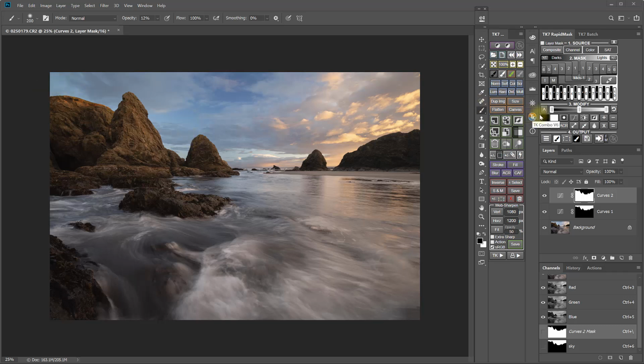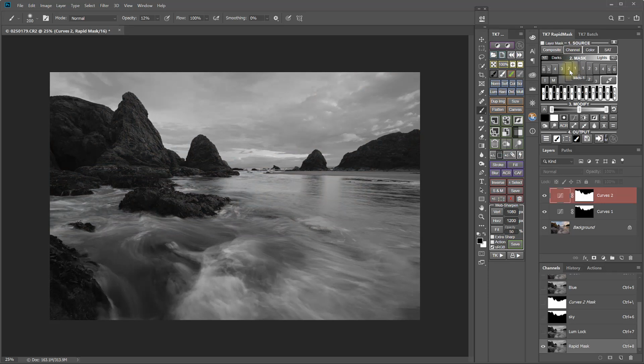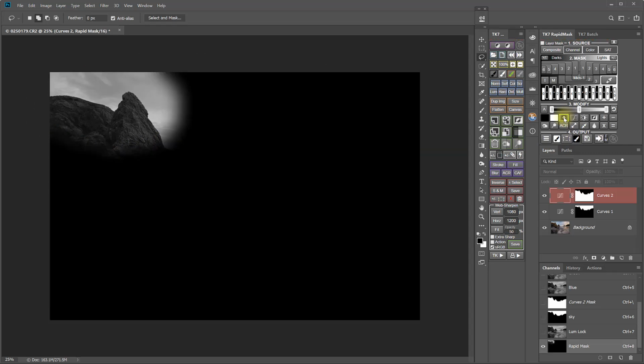So the first thing I want to do is look for a mask that's going to maybe target that right. So let's check out a blue channel. And actually, that looks pretty good. But I do want to mask it just to this area of the image up here. So I could use the rapid mask feature to modify it. I'll start by clicking a lasso tool and drawing around the area where I want that adjustment to go. And then I click the rapid mask modification button, and now it creates a mask that'll just target that corner